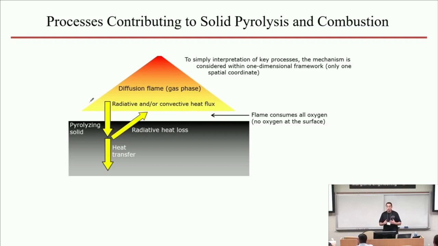For the materials that are not completely opaque to thermal radiation, that radiation will also occur from in depth of the solid rather than from the surface, and that has an impact on the analysis of this process. Now, all that heat incoming to the material raises its temperature and triggers a number of processes that occur inside. One obvious set of processes are phase transitions, talking about glass transitions and melting. The other is, of course, thermal decomposition.